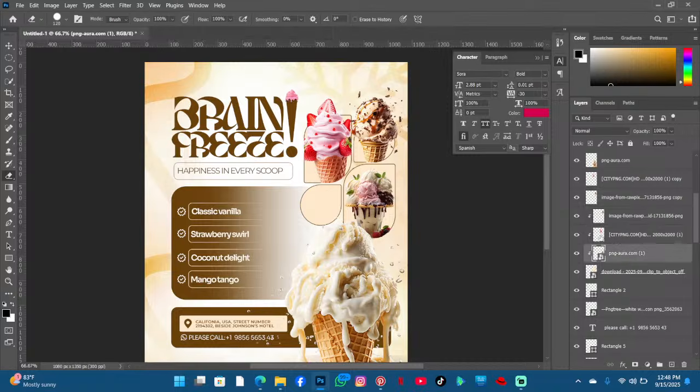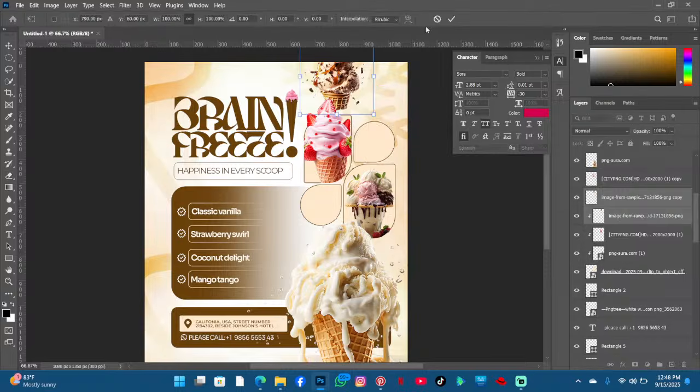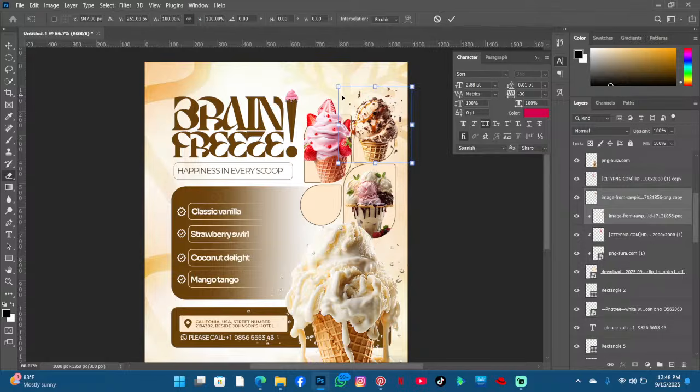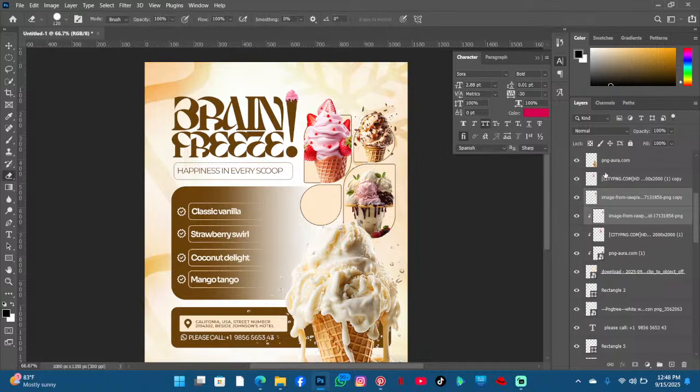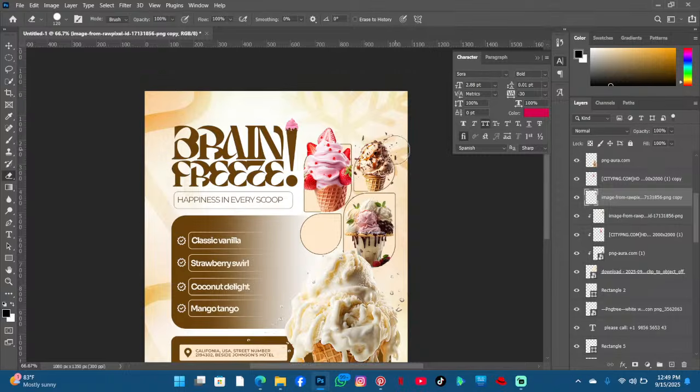I'm reducing. What am I reducing? This and this. Okay, so this is what I'm reducing. So I can just bring it down a little bit since the shape is small, so it has to be small also. You can just erase this area too. And for the last part,